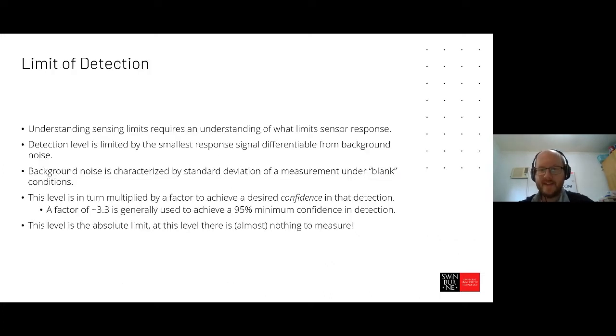In working out that sensitivity, you can also work out a limit of detection. Now, a limit of detection is an interesting thing. It's not necessarily something you might ever actually study directly. So if you perform all your characterization and you determine that your device's limit of detection is 100 parts per billion, there's almost no point in doing an experiment there, because the limit of detection is the boundary